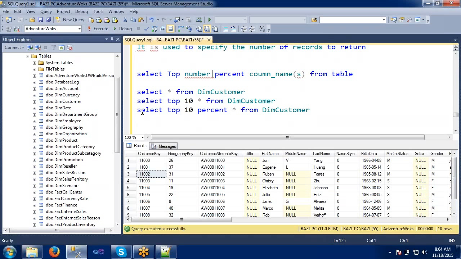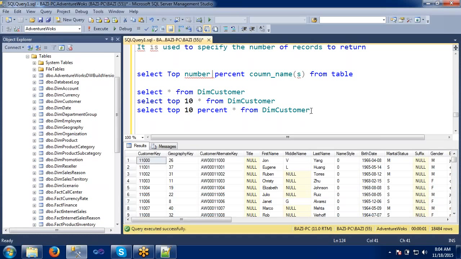So the second approach is the percentage approach. Means let's say I'm having 18,000 records, right? Okay, 18,484 there. So in that I am applying only the 10 percentage on this table, only the 10 percentage of records that are on the top. I want to get those records only. So in that case, how I will apply is select top 10 percent star from the customer table.